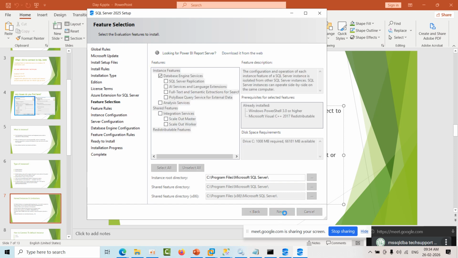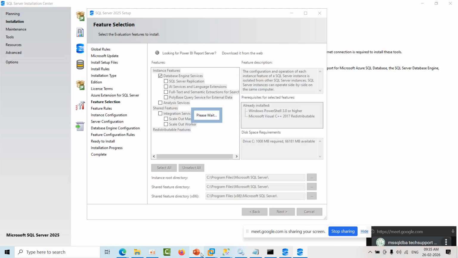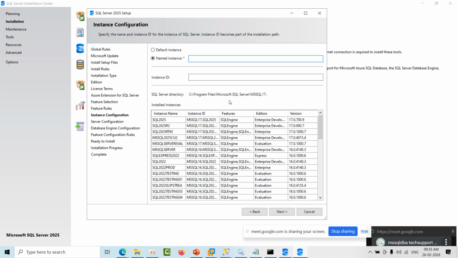Proceed to next. Yeah, now I will start with the instance name Harsha. Okay, now if I proceed to next,